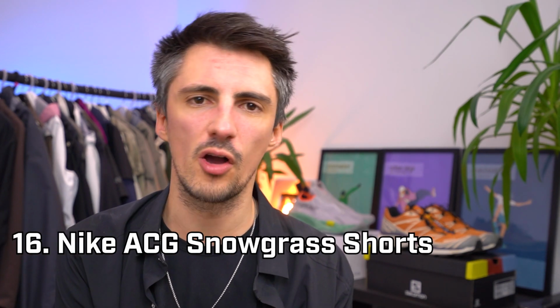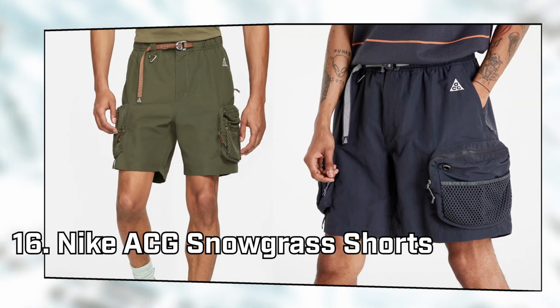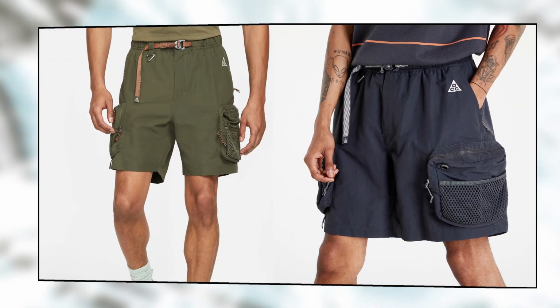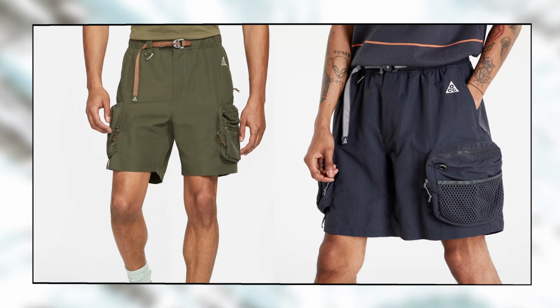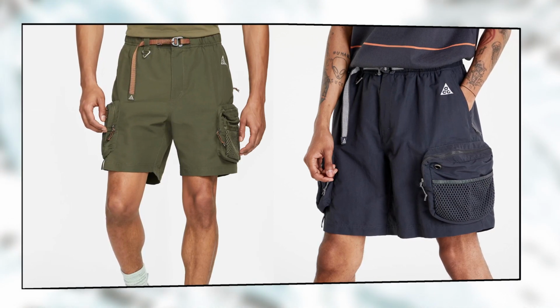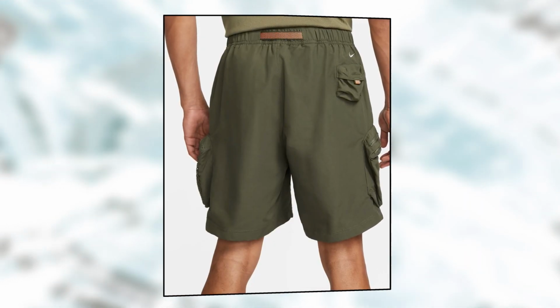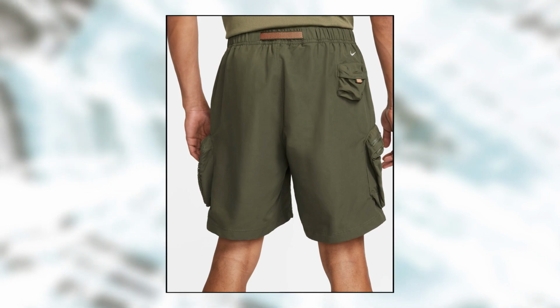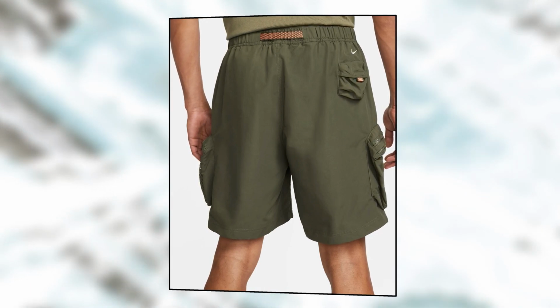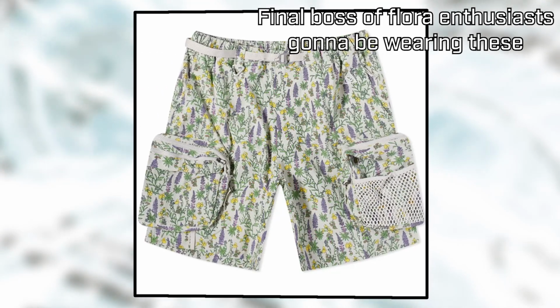ACG has a new pair of cargo shorts as well. I quite like the ones from last year, and these ones essentially are an upgraded version of that, or modified, I suppose. I think the cargo pocket array looks a little bit nicer. They've rounded off the corners, which I think makes things look a little bit sleeker. And they've added a teeny tiny side-mounted cargo pocket, perfect for AirPods or any other very small, very valuable things you might be carrying. Not too sure about the wildflower print version, but if you're brave enough to rock those,